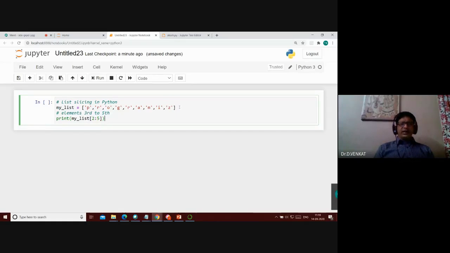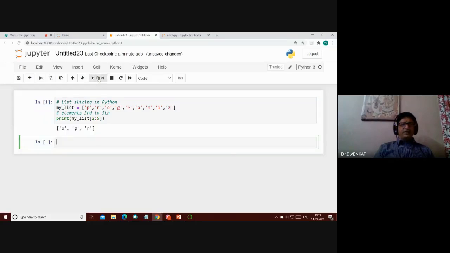So what we are doing is we declared a small string array, right? So there is an array of so many characters. The program is, I am just going to print that from 2 to 5. Okay, when you are done with that, you can simply run. So now I am printing. The index is starting with 0, 1, 2, 3, 4, 5, 6, 7, 8. This is an 8 character array.